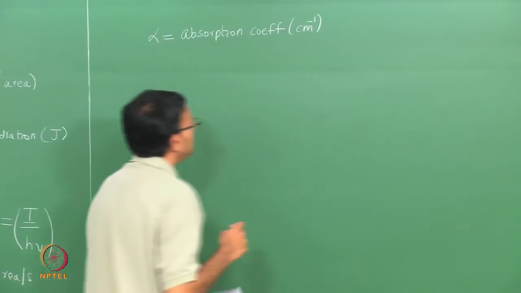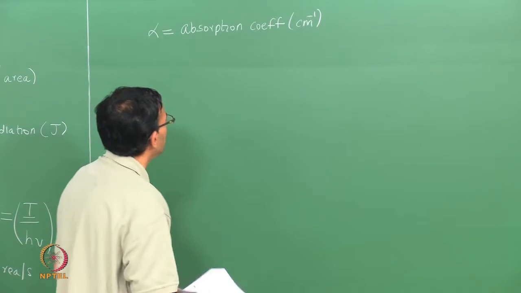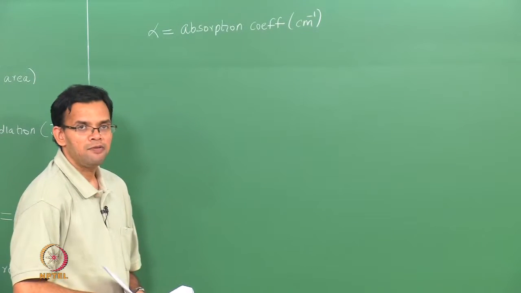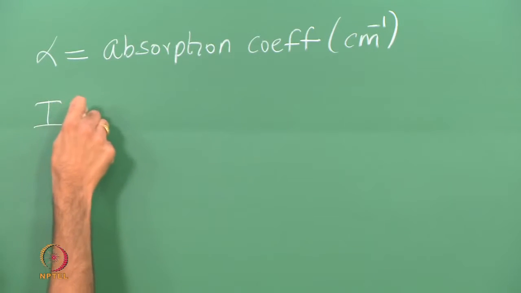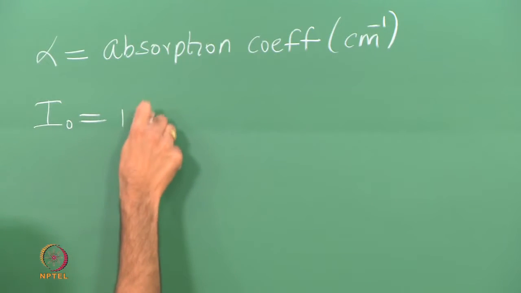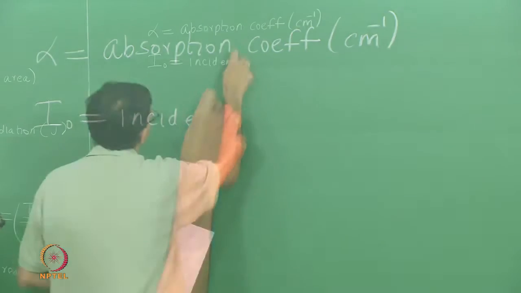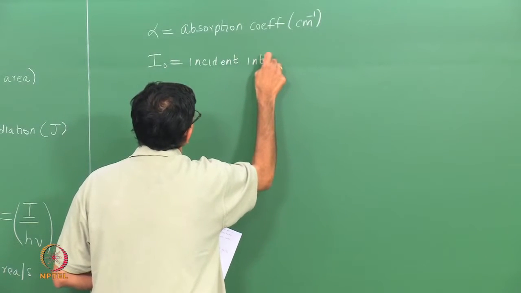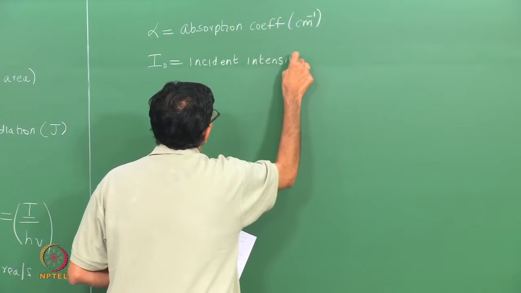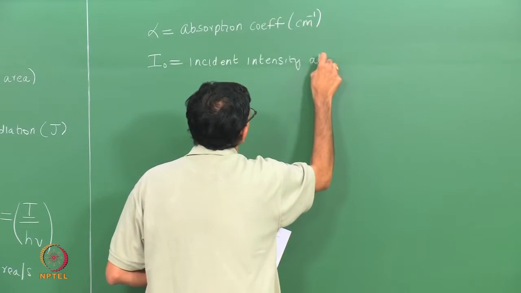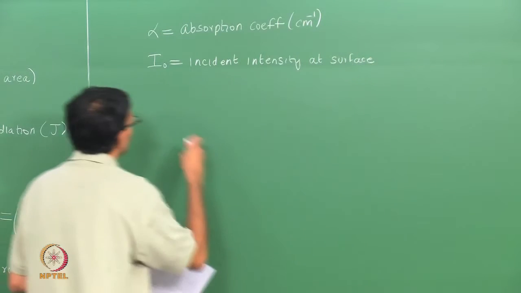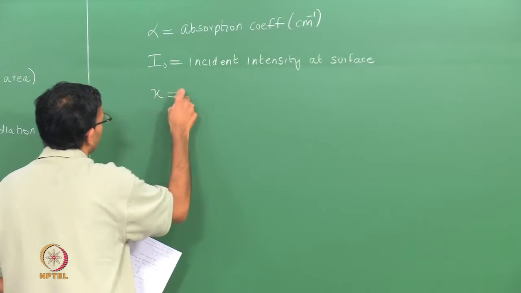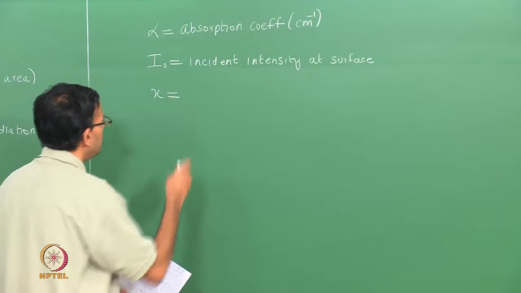So, it could be centimeter inverse or meter inverse and so on. So, if alpha is the absorption coefficient and I naught is the incident intensity at the surface, and x is the depth within your material,